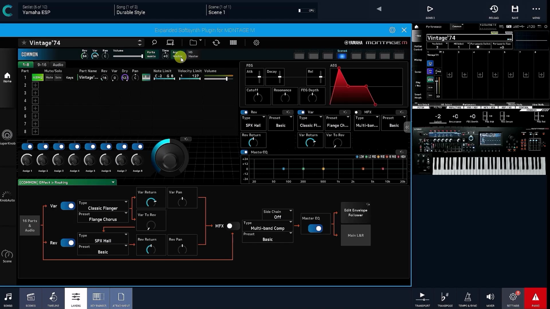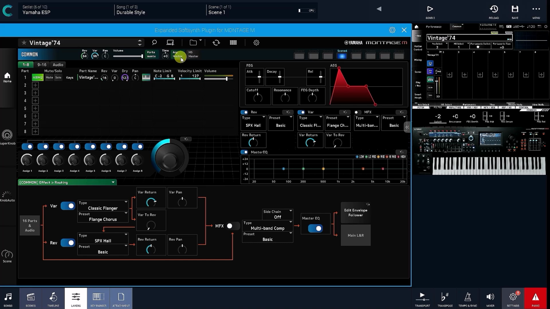Let's take a look in this bonus at the workflow to follow, where we'll edit things in ESP and then send them back to our Montage M. As a reminder, we're not in direct access. Also, what are the things that I can't do in ESP, and what I must do first in my Montage M?